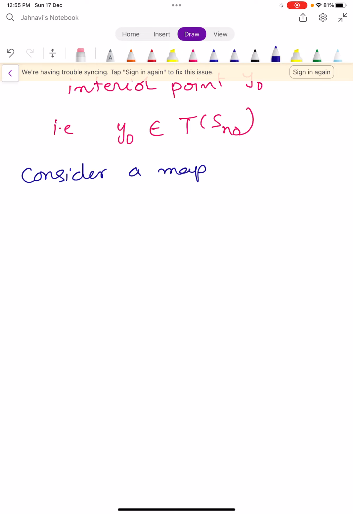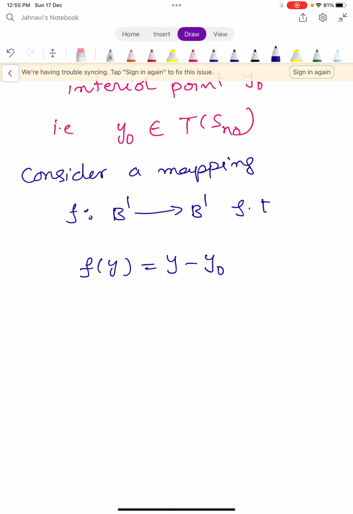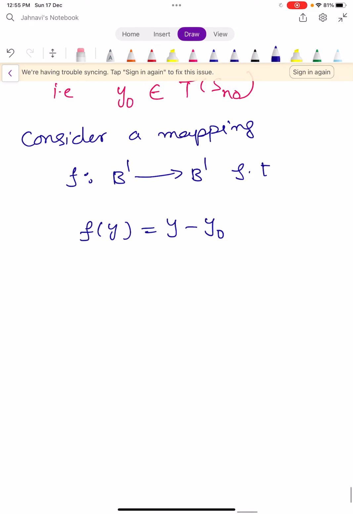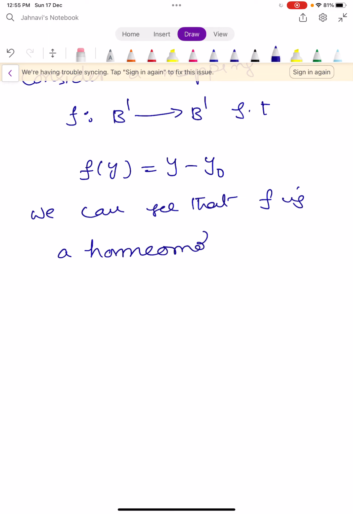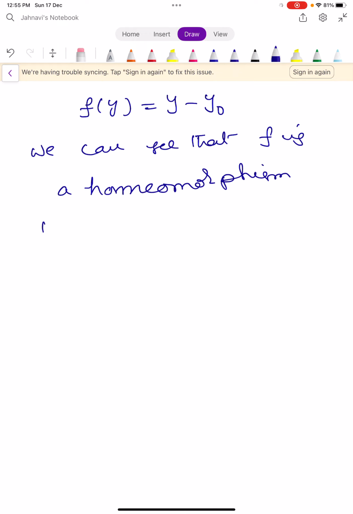Consider a mapping f that maps from B' into B' such that f(y) = y minus y naught. We can see that this f is a homeomorphism. By using this mapping f,